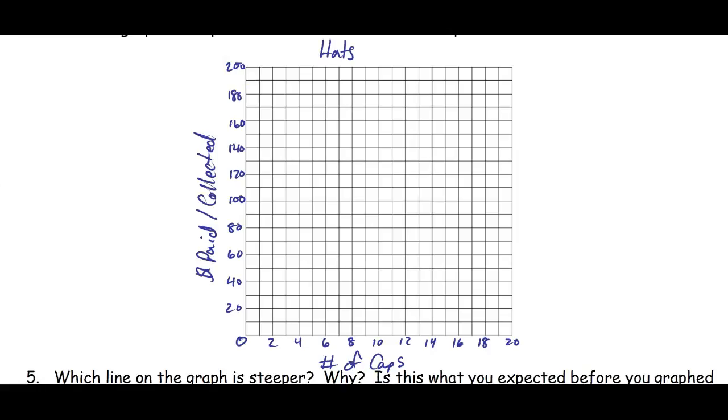Okay, let's take a look now at our graphs. Okay, so for the amount, we're going to have two. We're going to have a straight line for the amount paid, and you're going to have a dotted line for the amount collected, since we have two tables that we have to be graphing. Okay, so let's take a look at the amount paid. Okay, so the amount paid starts at 0,